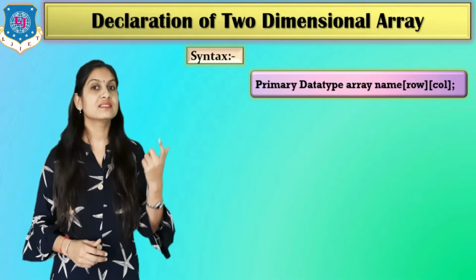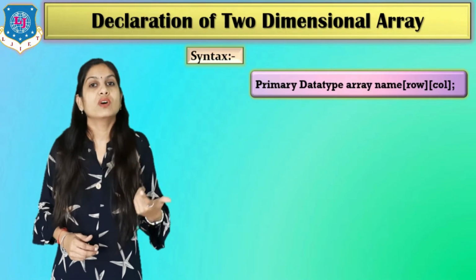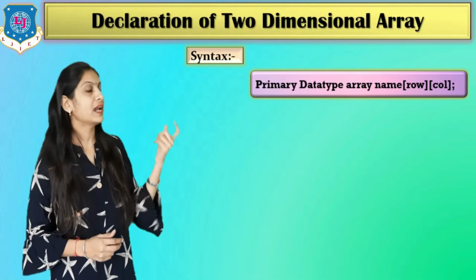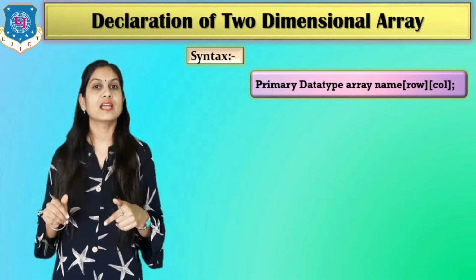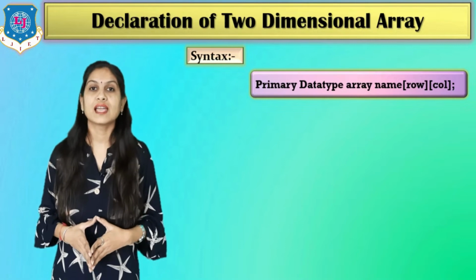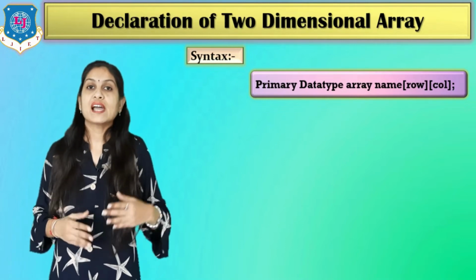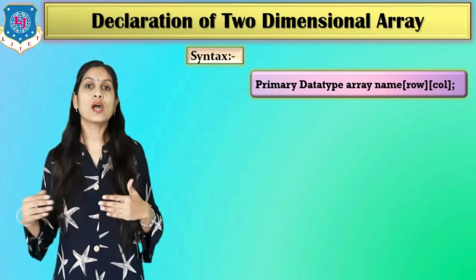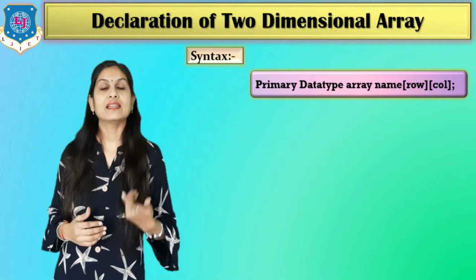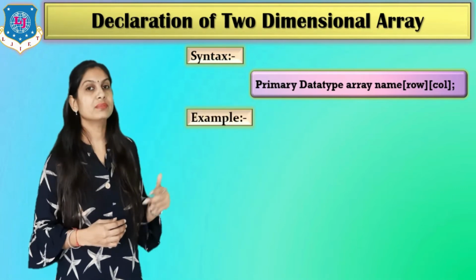Here you can see there are two square brackets, that indicates now we are converting from a one-dimensional to a two-dimensional array. If you write just a single square bracket, then it is a one-dimensional array, and always the first size is for the row and the second is for the column. As we discussed previously, the row and column concept is used in two-dimensional arrays, and that is mostly used for a matrix.